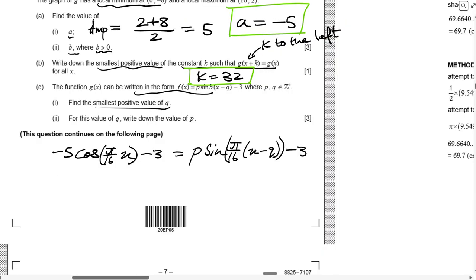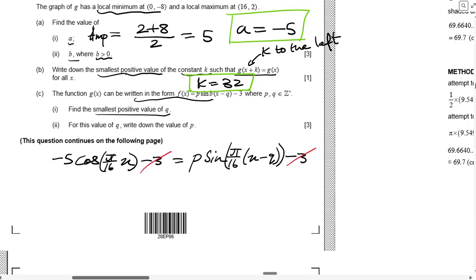And so simply we can just cancel these, and our amplitudes should be the same, right? The vertical